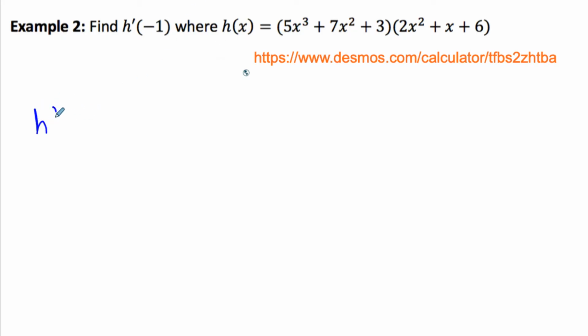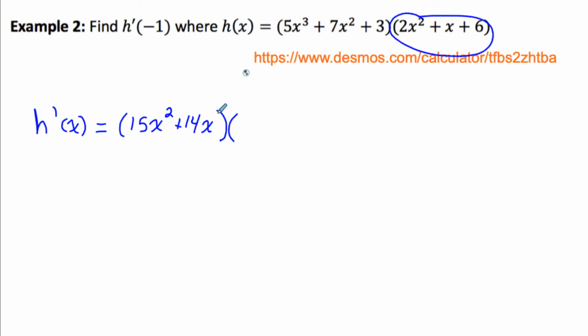So h prime of x, I would have to do the derivative of this first function in the product, if I'm following product rule. So 3 times 5 is 15 x, reduce the exponent by 1, it becomes 2. 2 times 7 is 14 x to the 1, and the derivative of any constant is 0. So that's the derivative of the first function. That needs to be multiplied by this second function here,